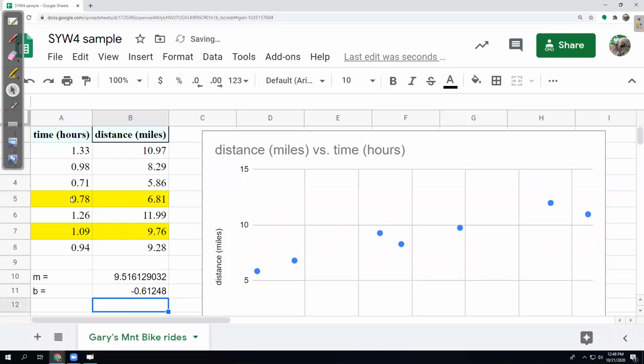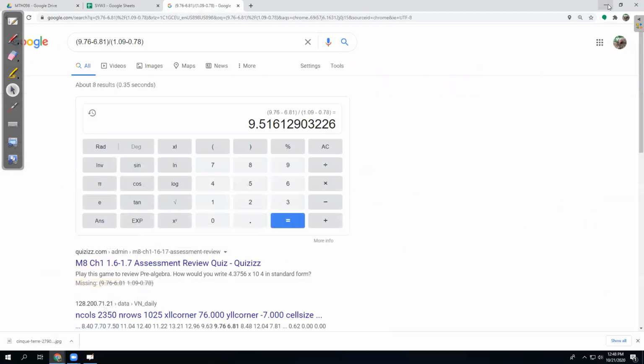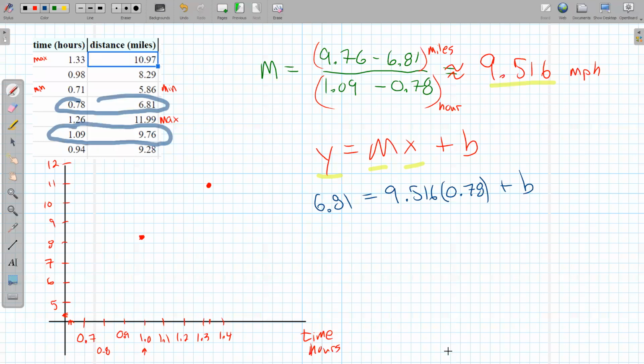My calculator says that number is negative 0.612 roughly to 3 decimal places. So I think that b is about negative 0.612.